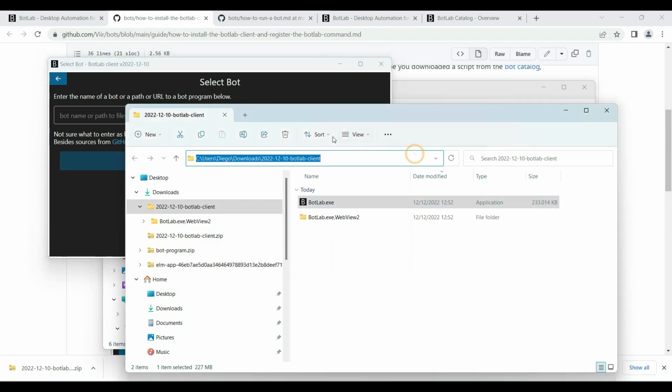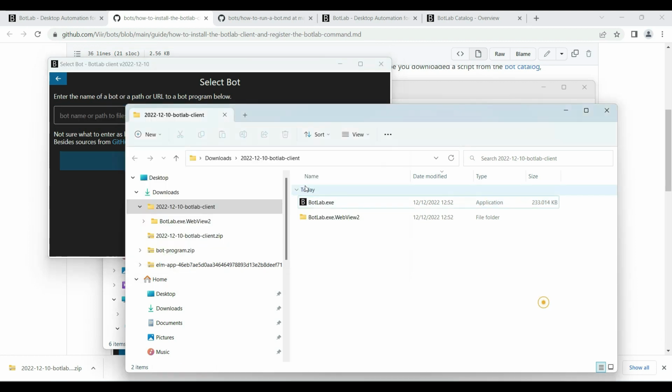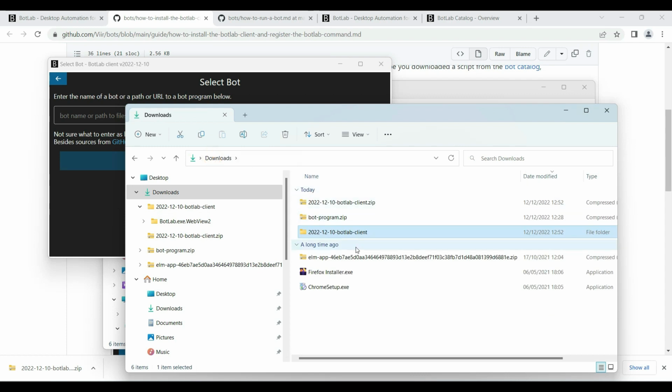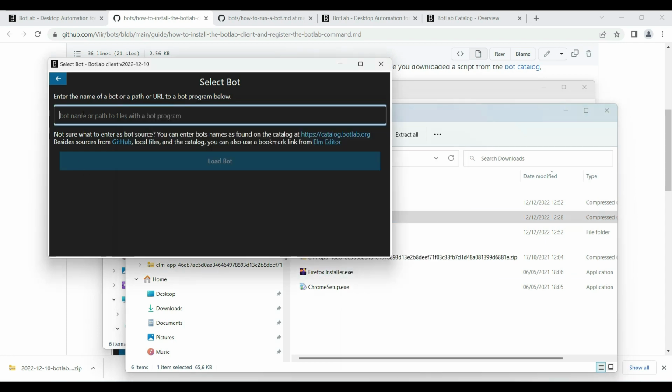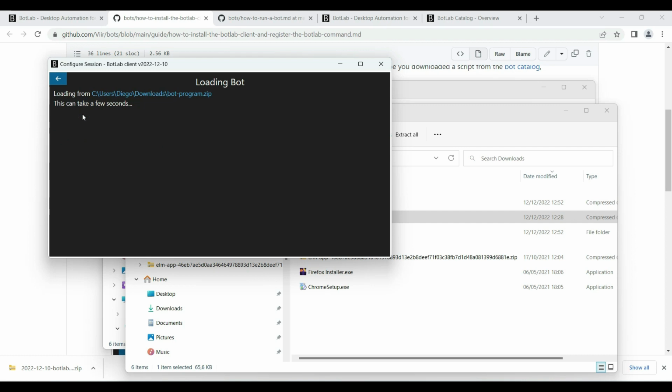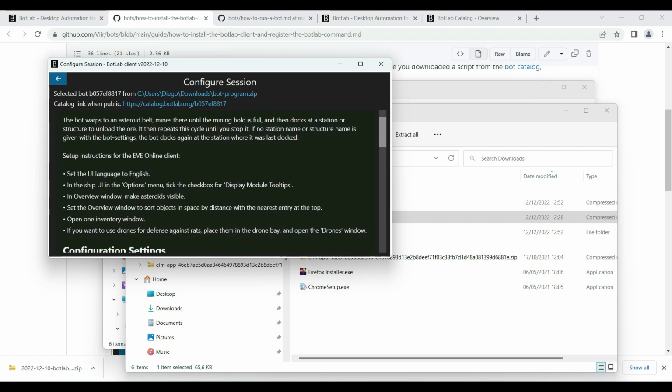Then you might enter a path on your local machine like this, or maybe a developer has sent you a bot program packaged in a zip archive, and then you can just enter a path to that archive and the client will automatically extract that to get a bot program code out of it.